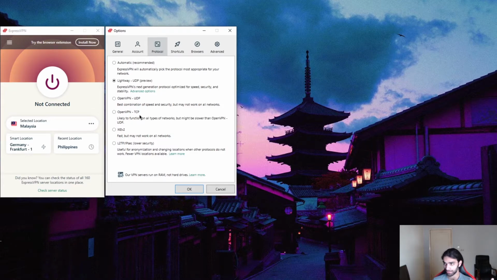TCP, bad download, very bad download. IKEv2 is quick, but only works on just a few servers, so not very reliable. And L2TP is outdated with lower security, so forget about it. So you're going to be stuck with automatic, Lightway, and OpenVPN. And that's the case with most